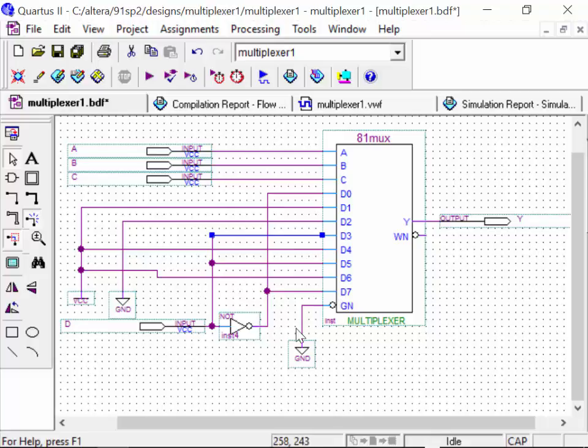It looks right, doesn't it? D0 should be connected to D0. D1 should be connected to VCC. D2 should be connected to ground. D3 should be connected to D, right there, which it is. Yeah, right there. D should be D3, D5, which it is. VCC,